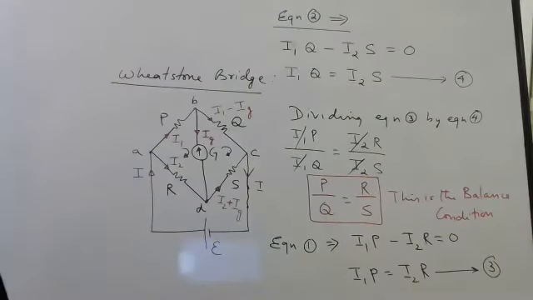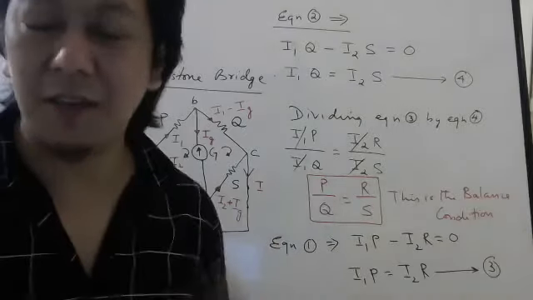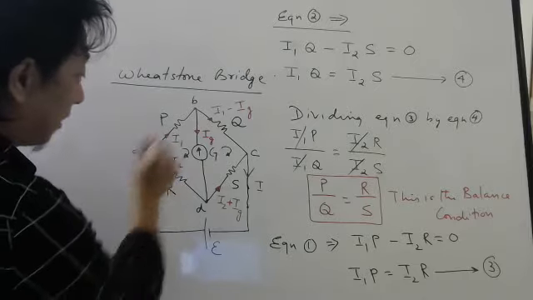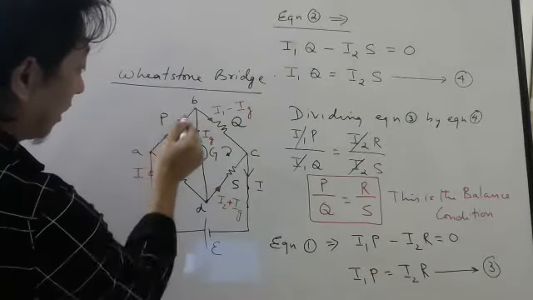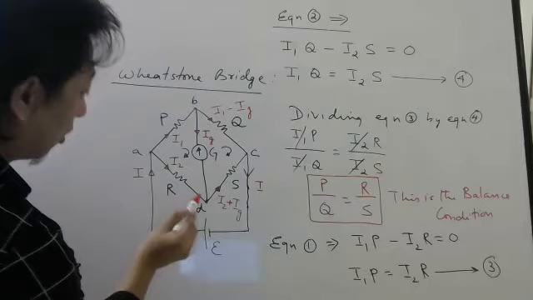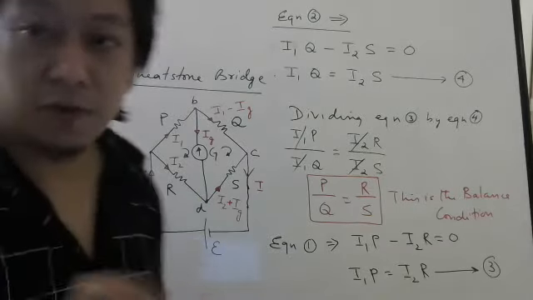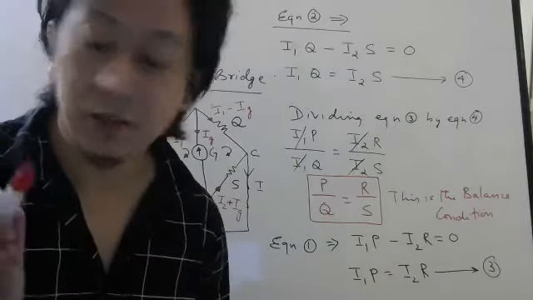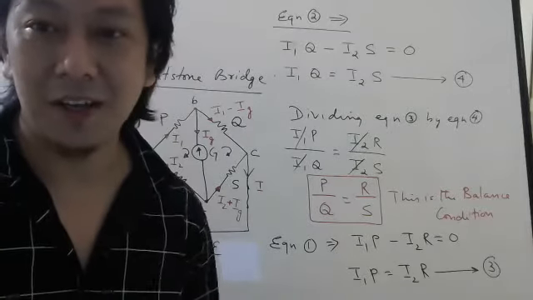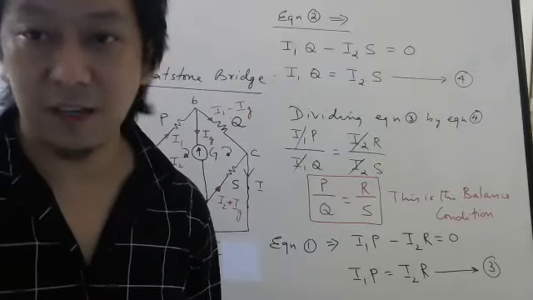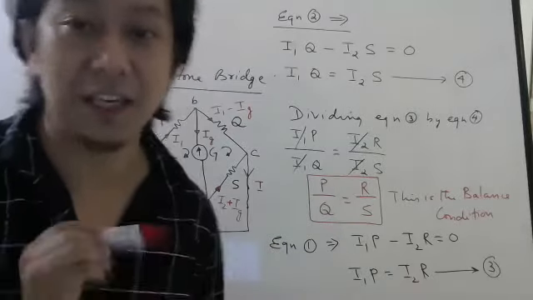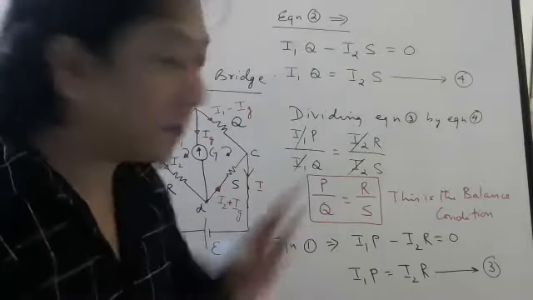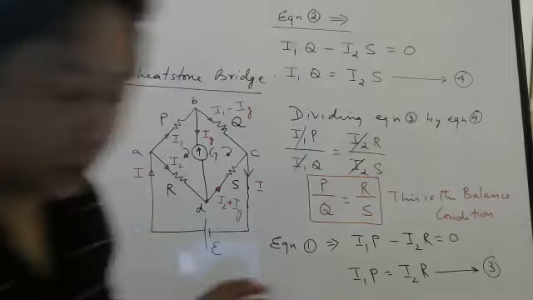Okay, so if you know Kirchhoff's voltage law, this derivation is very, very simple and you will get full 5 marks. So remember, apply KVL in a loop. When you go along the current, drop. Opposite to current, rise. For along the current we are taking positive, correct or not? Plus to minus drop we are taking positive, opposite to current we are taking negative. Once you do that, you will get these equations. Divide these two equations, you will get the balance condition. So this is called the balance condition of Wheatstone bridge.